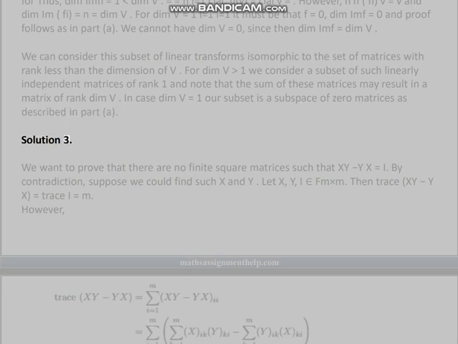Solution 3. We want to prove that there are no finite square matrices such that XY - YX = I. By contradiction, suppose we could find such X and Y. Let X, Y, I be elements of F^{m×m}. Then trace(XY - YX) = trace(I) = m. However,